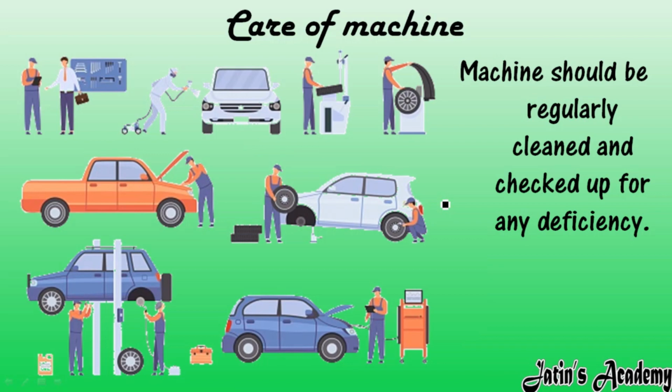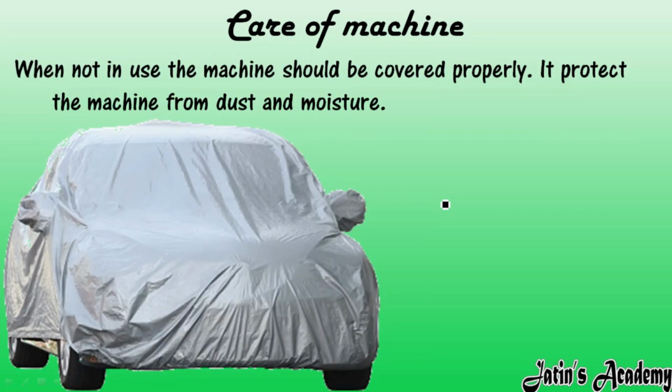Next, machines should be regularly cleaned. If you have a bicycle or any simple machine in your house, that machine should be cleaned at regular intervals of time. For example, if you have an automobile, it should go to a service center, where they can service it properly and it should be maintained properly. Whenever machinery parts are not in use, for example our car, if we are not using it very much, that car should be covered, or any simple machine should be covered properly so that it will not be affected by dust particles.